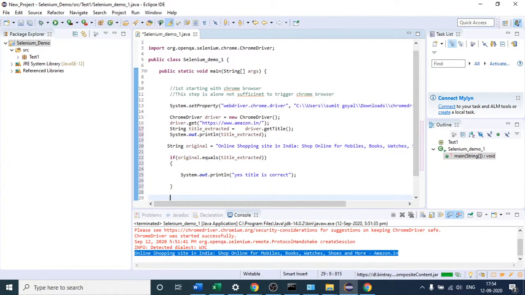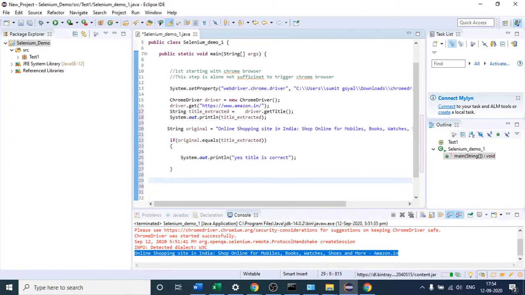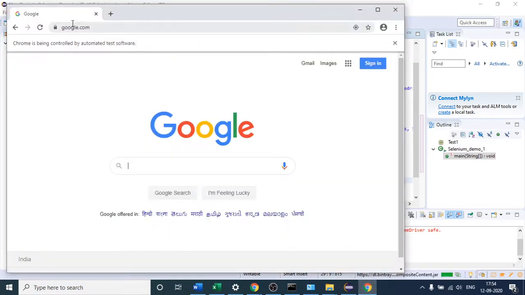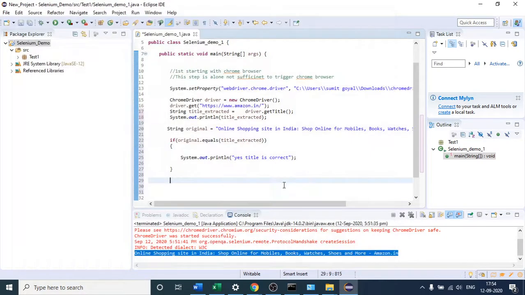And in the else part, suppose I am extracting this, let me open Amazon again. After extraction, suppose the text is something distorted, right? So in the else condition, what will you write? If you are not getting the same title, you will say, title do not match, some issue with the website.